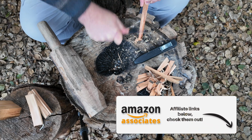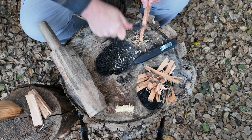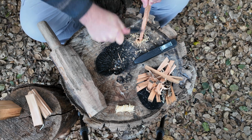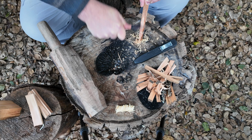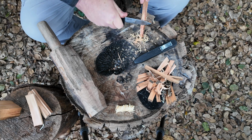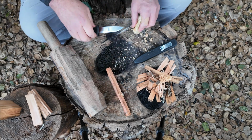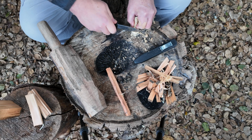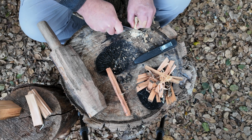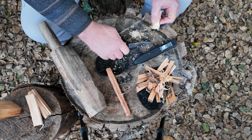Definitely getting it done there. That's actually very pleasant to scrape with. I've never really had a knife where I had to scrape that far forward on the blade, but it actually does okay. Now I do have a little bit of a fire starter here too. We're going to shave some of that down and try this out on a